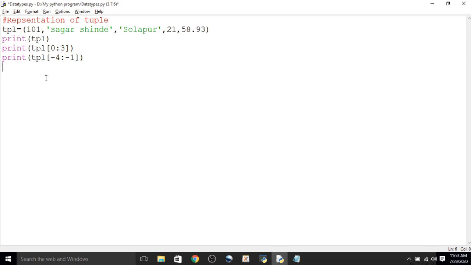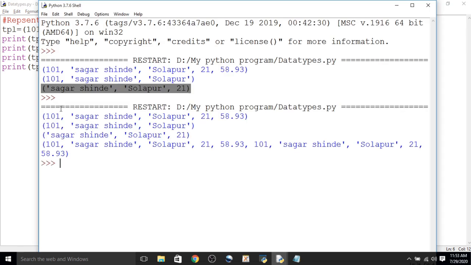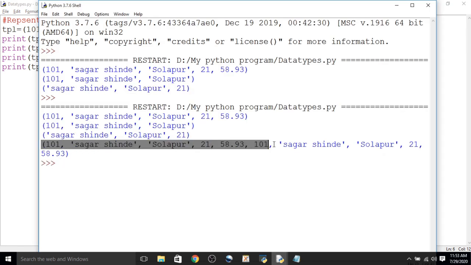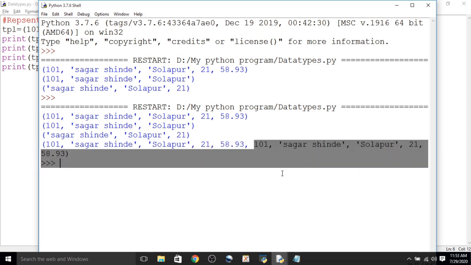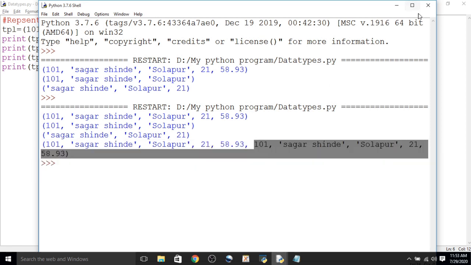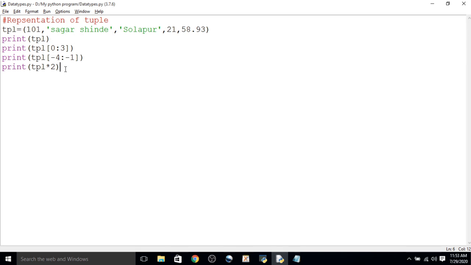Now we can also apply a repetition operator. Suppose you want to display the tuple 2 times; the same tuple will be displayed two times. Look here, this is one time and this is the second time. So by using the repetition operator, that is multiplication, we can display the tuple a number of times. Also we can apply repetition on a slice.